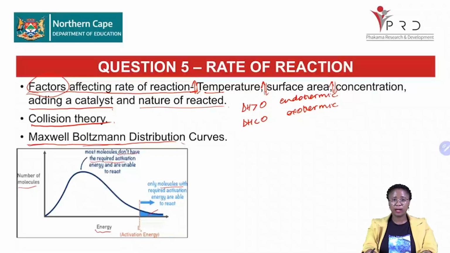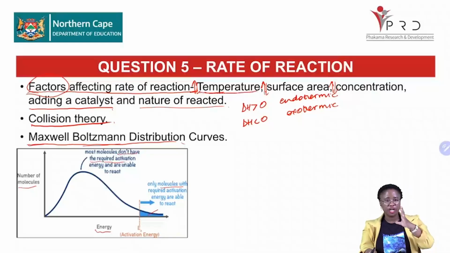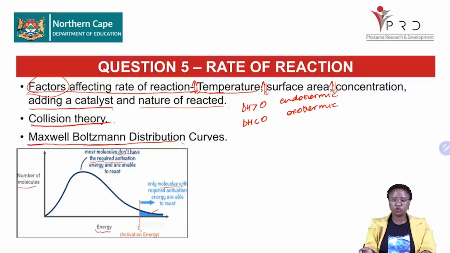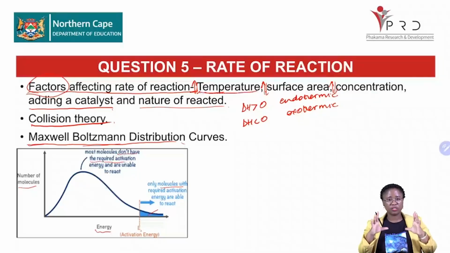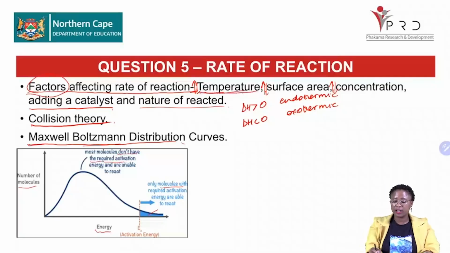While we are still talking about that, I want us to remember the different graphs under temperature, concentration, as well as catalyst. So there are 3 graphs that you must remember. The first one is, there are 4. The first one is the actual Maxwell-Boltzmann distribution curve. The next 3 are the temperature graph, the concentration graph, as well as the catalyst graph. So the first one I'm going to show you